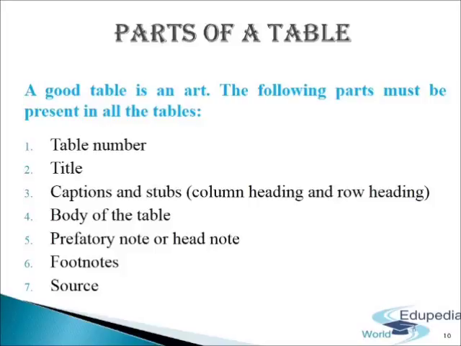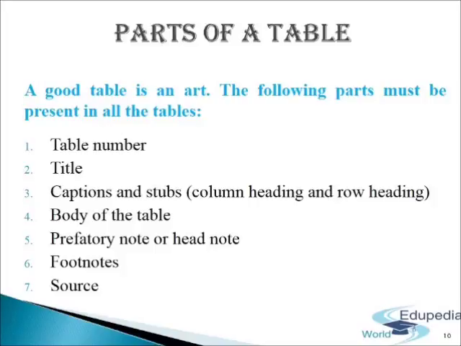Normally, the table number is given in terms of complete number. Sometimes, table numbers like 1.2 and 2.4 are also used. In this case, the first digit refers to the chapter or section and the second digit to its order. For example, table 1.2 would mean the second table in the first chapter or section, and table 2.4 would mean the fourth table in the second chapter or section.